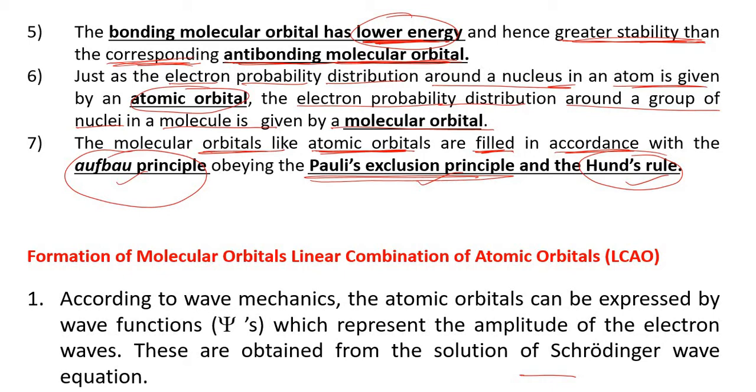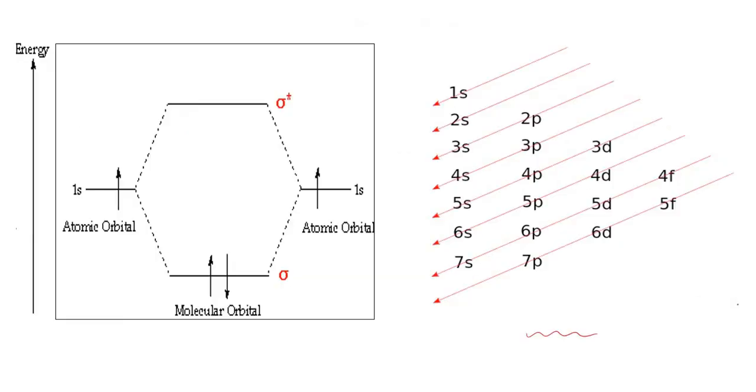Now let us try to understand these Aufbau principle, Pauli's exclusion principle, and Hund's rule. We have already learnt them in atomic structure, but yet it will be useful for us to understand. Here I have two diagrams. One is with respect to the Aufbau principle, which says that filling up of electrons takes place in the increasing order of their energy. Initially the electron enters into 1s orbital. After 1s it enters into 2s orbital, then 2p, followed by 3s. After 3s it enters into 3p, followed by 4s. After 4s it enters into 3d, then 4p, and then 5s.